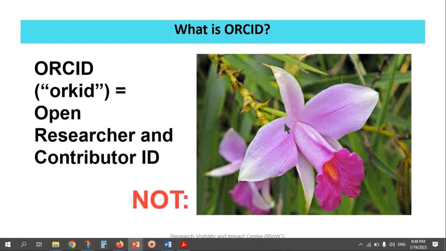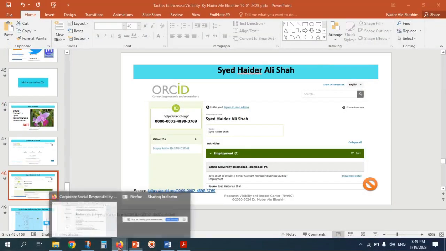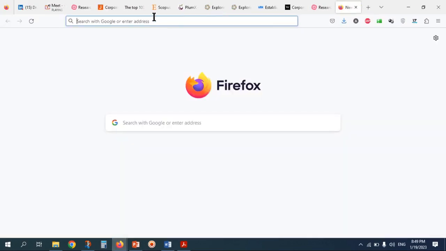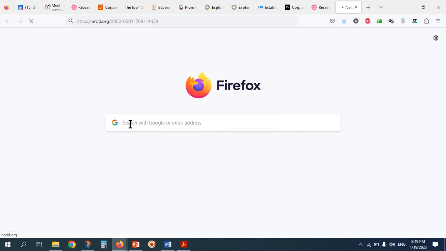About your profile, you also have to create your profile on ORCID. This is Dr. Haider's profile, which is not complete yet, because he didn't put in all the links, the keywords and so on. Let me show you one example from my side. This is my ORCID.